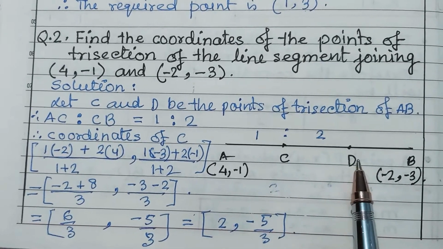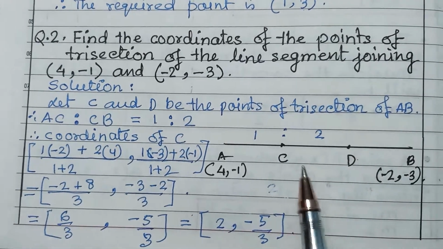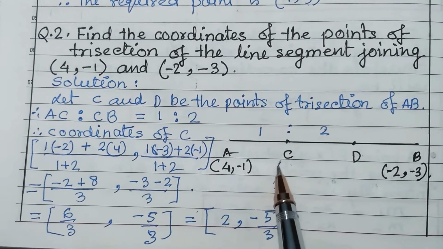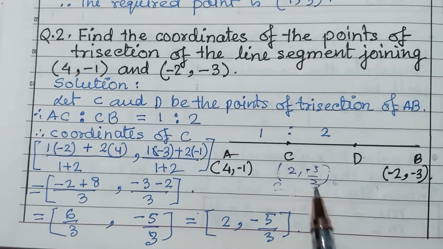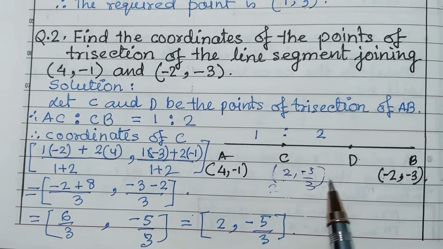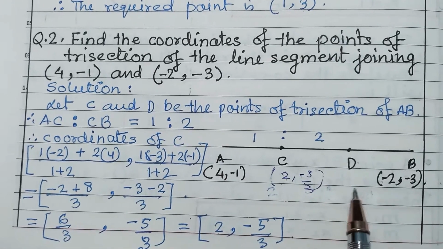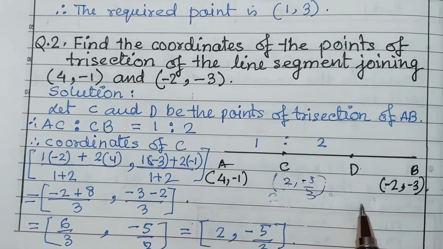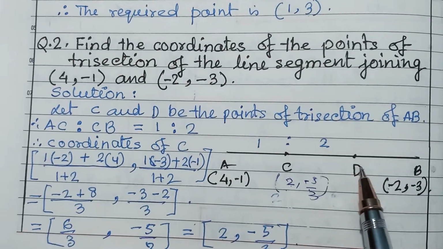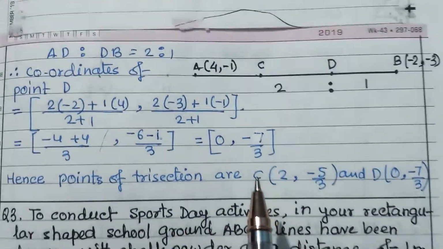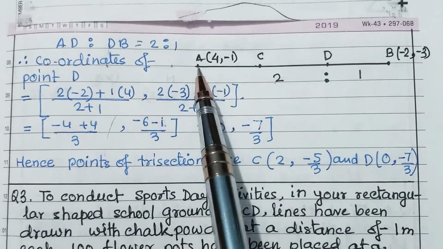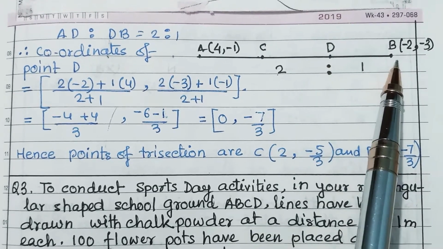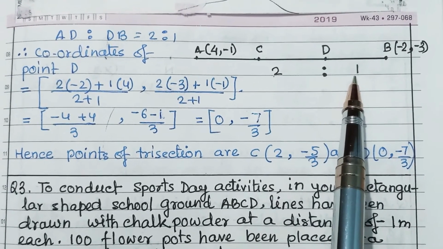Now the coordinate of D you can find out by the midpoint theorem. This point you have got, it is (2, minus 5 upon 3). Now by midpoint you can do this plus this upon 2 and this plus this upon 2. You can do it with this formula also. Or you can do it in this way, 2:1, because 2 parts are here and 1 part is here. So it is 2:1, you can also find it out.